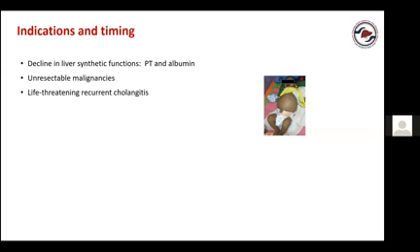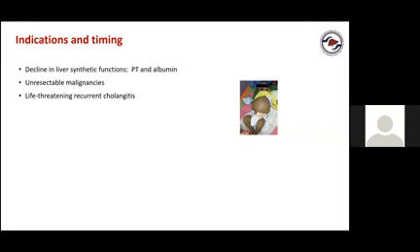What about life-threatening recurrent cholangitis? This would become important, especially in the context where you have normal or preserved liver synthetic functions, but a child is having recurrent episodes of life-threatening cholangitis. This is a common scenario in children with biliary atresia, where they get collection of bile or pooling of bile, which are known as bilomas. And they get recurrent life-threatening episodes of cholangitis requiring ICU care, near escape of death. So in these type of circumstances, despite the synthetic functions being normal, we have to offer liver transplantation as a treatment modality.